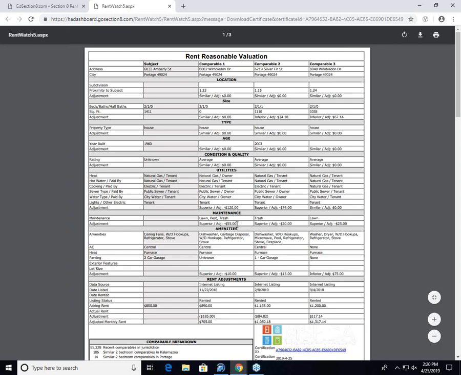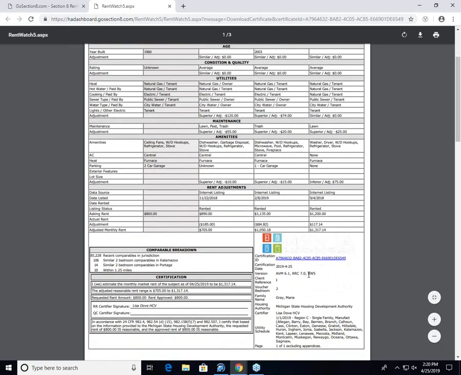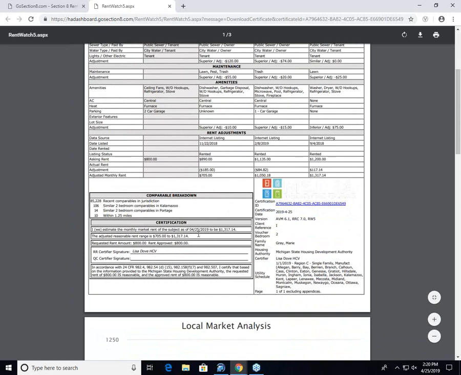So in this particular case, this one adjusted out $55, this one adjusted out $20, and this one adjusted out $25, based on the information that's coming from the comparable units. So this is all one comparable unit, this is another comparable unit, and then this is your third comparable unit. If you scroll down a little bit, you're going to see that the rent was accepted on 4/25/2019 for $800,